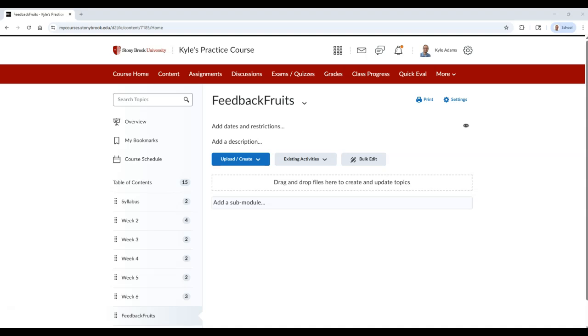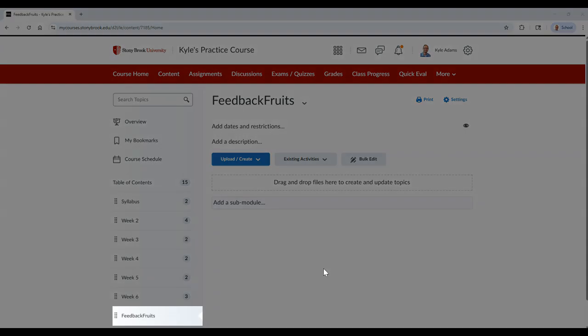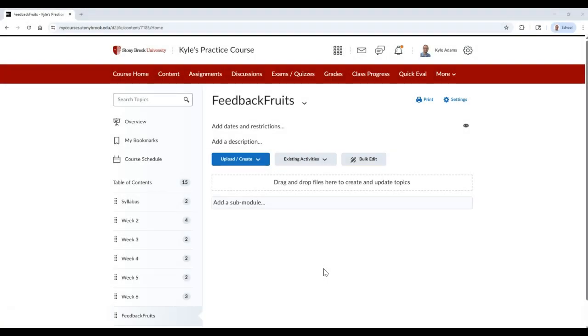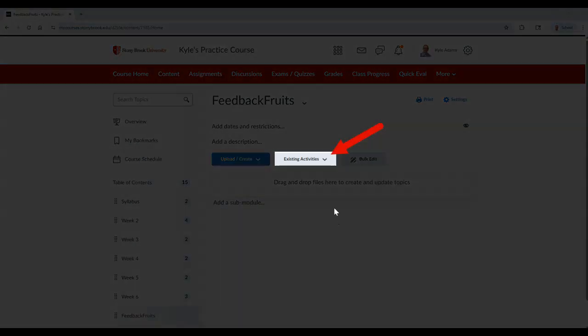We'll be covering how to access FeedbackFruits within Brightspace, along with how to create an interactive document activity and go through the interactive document settings. To access FeedbackFruits in Brightspace, go to your content area, and then find the module you wish to add your FeedbackFruits activity to. In that module, select Existing Activities,